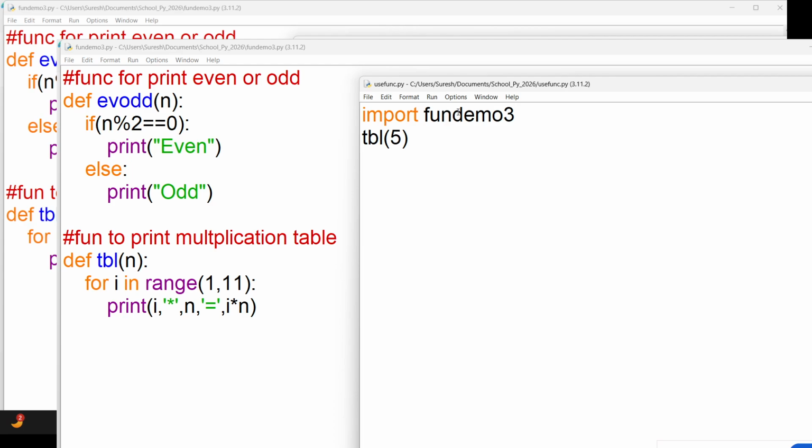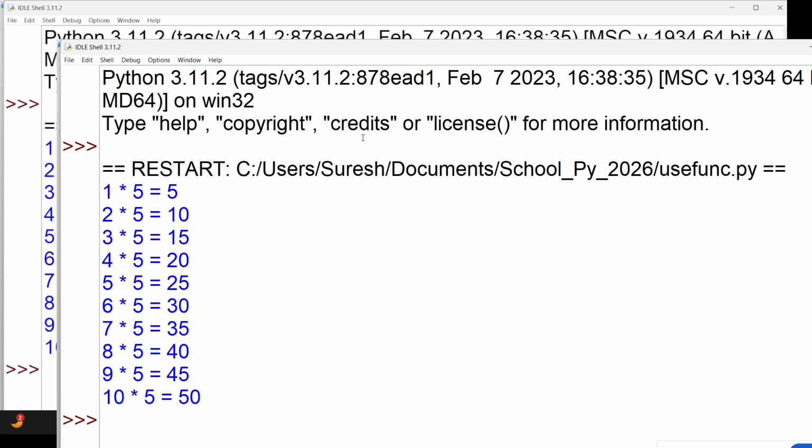Now you can directly use this function as file name dot function, or else you can make it short as an alias. For example, let me make it MDL. You can take any names, and now I'll use MDL dot. If you run this, you can see now you can access.